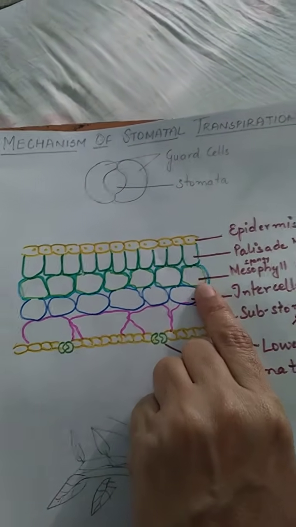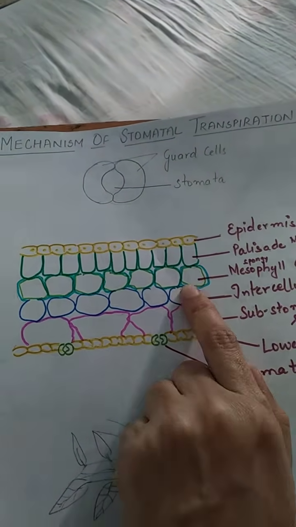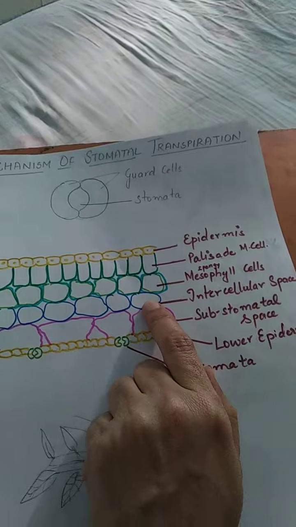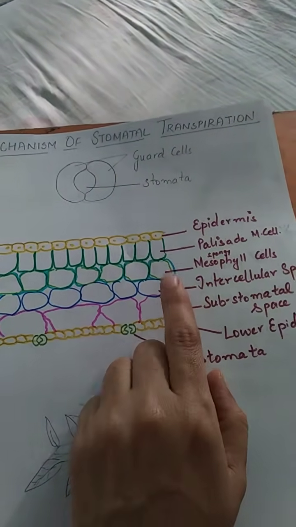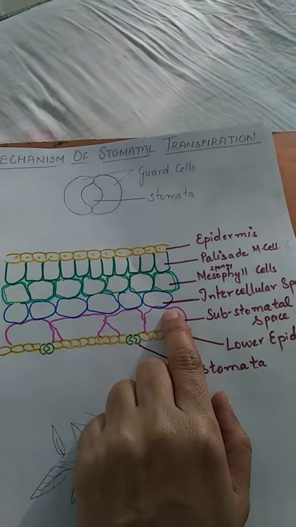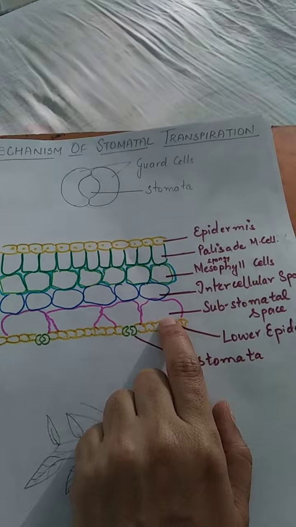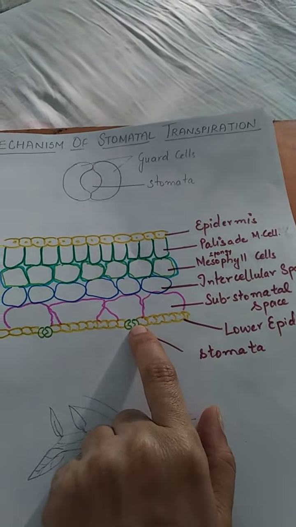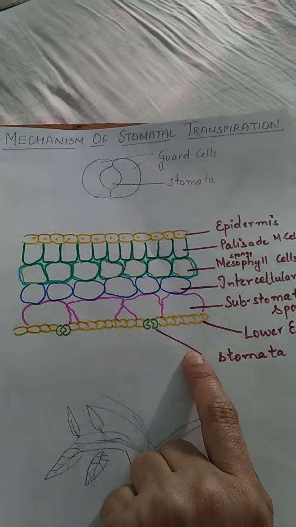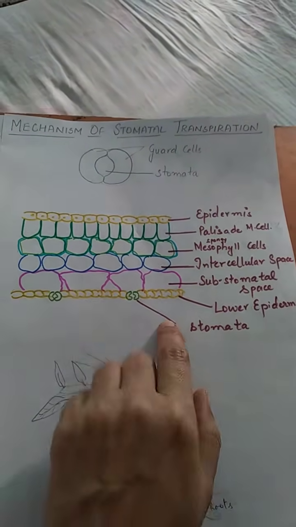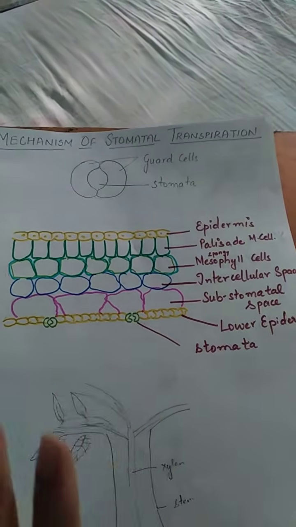Now when these cells become filled with water, this evaporated water becomes in excess, and it moves to the intercellular space which is lying just next to the mesophyll cells. When the intercellular space is saturated with water vapors, they give this water to the substomatal space which is in direct touch with the stomata. So from here the water moves out from the stomata. This is the whole mechanism. It is very easy. Just with the help of the diagram you can understand it easily.